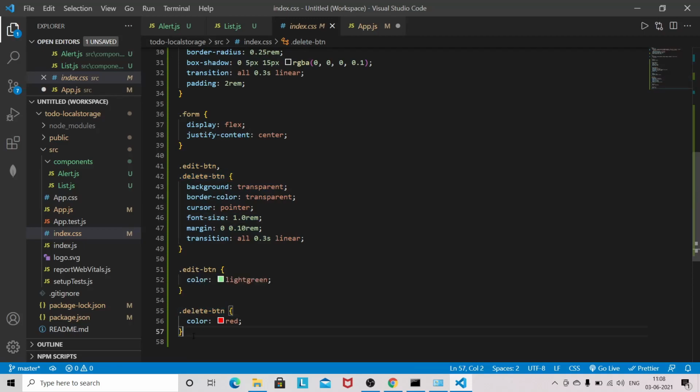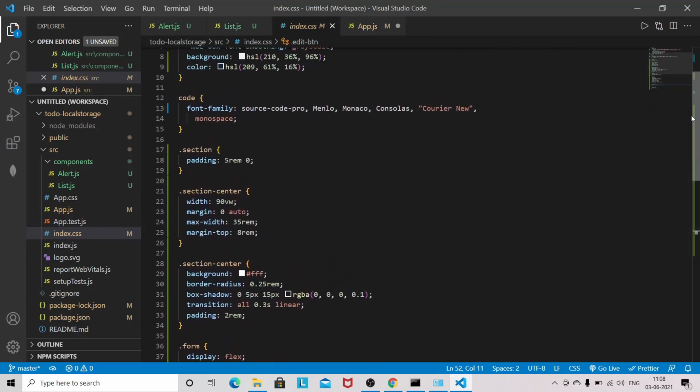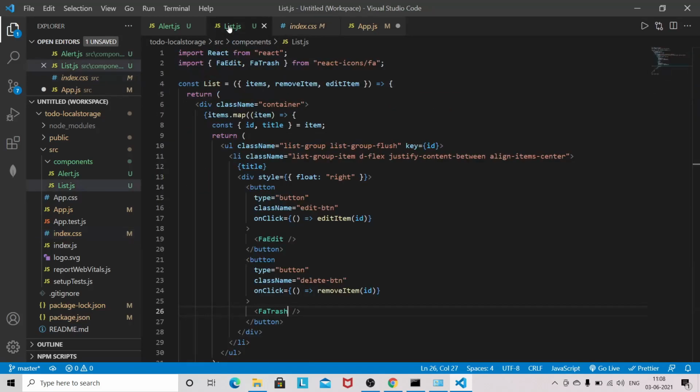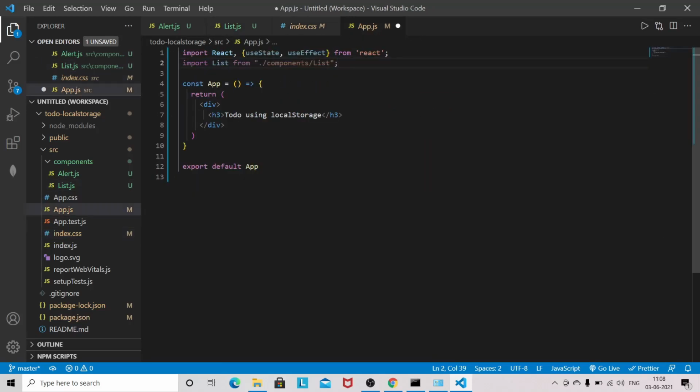Okay, so the colors are different for both buttons, so that's why I'm using this separately here, and this is the common styling for edit and delete button. Okay, so that's it for the styling part in the list component. Now come to the app.js file. I hope you have copied those styles,